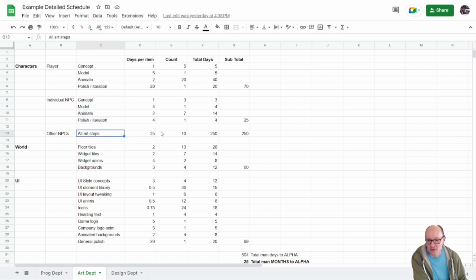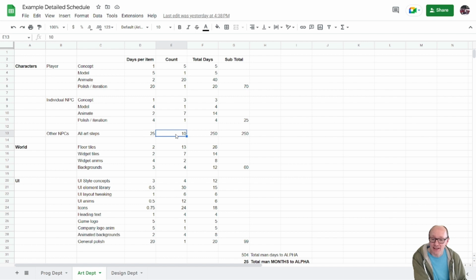And what I'm going to do is I've got this subtotal here. Here I'm going to say days per item, and it just equals G11. It equals how much time it took to make one thing. And we're going to have 10 more NPCs. So there's a total of 11 NPCs, non-player characters.